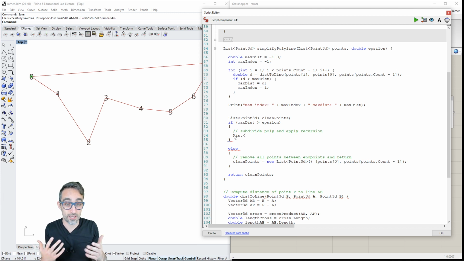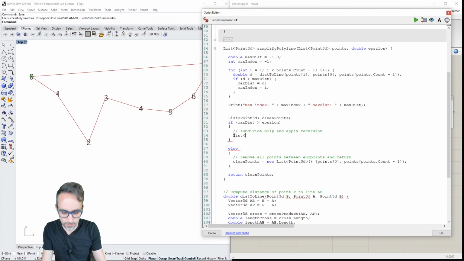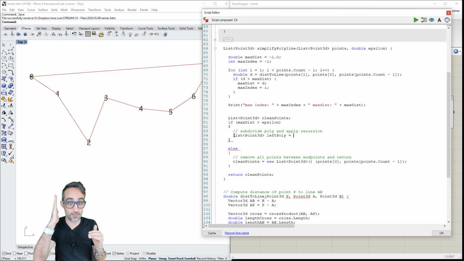So I need to create a list of points that contains point number 0, number 1, and number 2. I'm going to say Point3D leftPoly is going to be equal to a new list that has all the vertices starting from 0 to number 2.